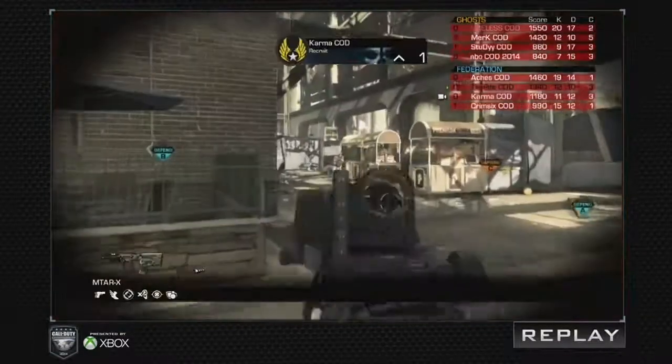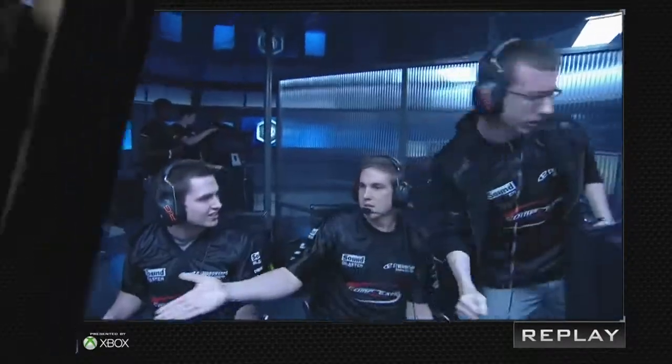So here we go, 1 in the books. Complexity, they just need 2 more, and they will be world champions. Envy, they're going to